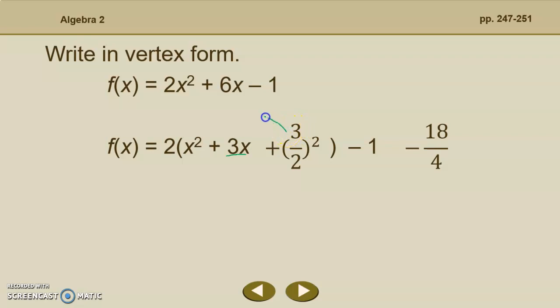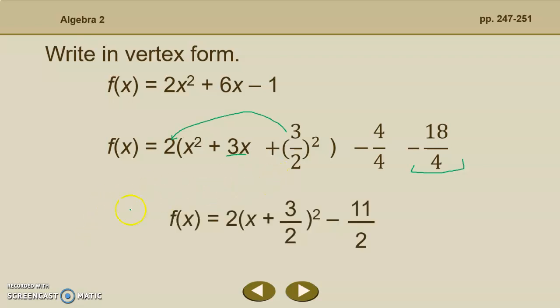Now we didn't just add 9/4 to our equation, we added 9/4 times 2, or 18/4. If we have an 18/4 that we've added, we need to put a -18/4 on the outside here to balance it out. Let's go ahead and simplify that 1 by making it -4/4, and go ahead and factor using our little shortcut here for a perfect square trinomial. We take the square of the first, the sign of the second, and the square of the third. So we get 2 times (x plus 3/2), the whole thing is squared. And then -4/4 and -18/4 becomes -22/4, which simplifies to